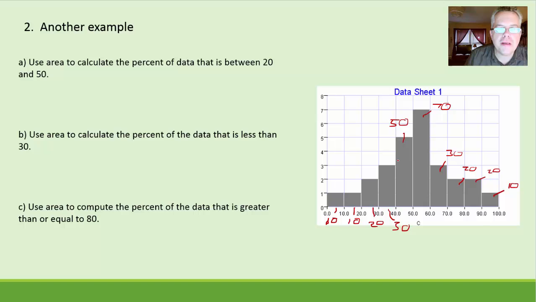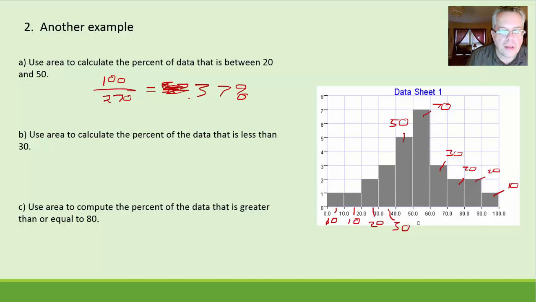quickly. So use the area to calculate the percent of data that is in between 20 and 50. In between 20 and 50, the area is 20 plus 30 is 50 plus 50 is 100. That's the area of the 3 bars that have data between 20 and 50. And we got to divide that by the total. 10, 20, 40, 70. That'd be 120, 190, 220, 240, 260, 270. I get as the total. So 100 divided by 270 is 37%. 37% of the data, let me write that clearly, 37% of the data is in between 20 and